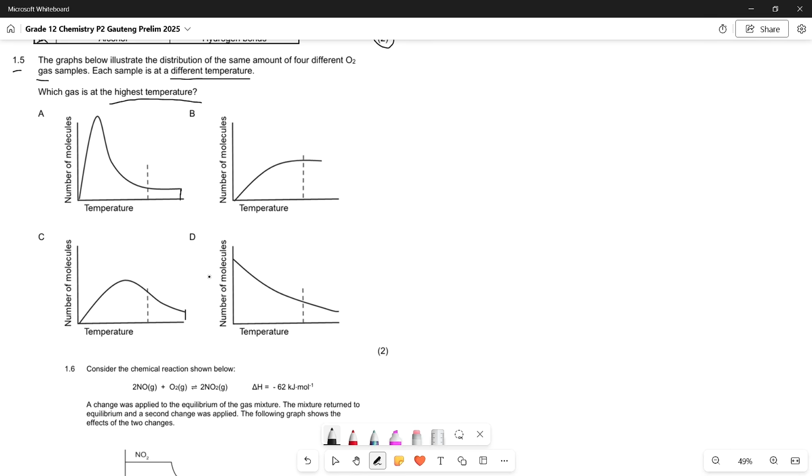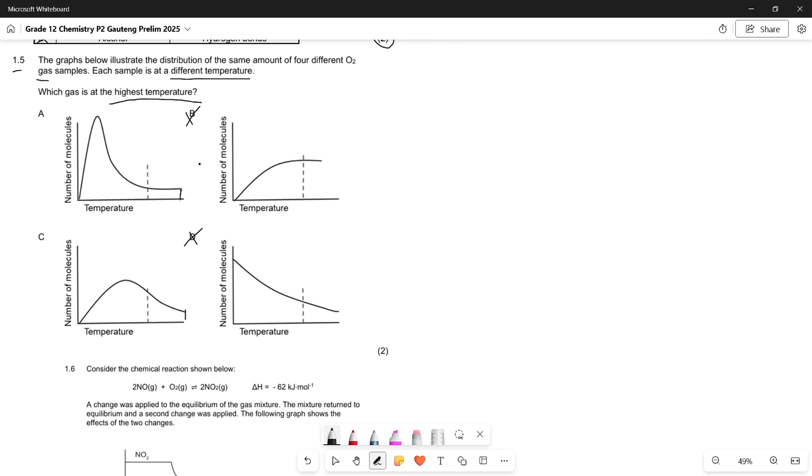So B and D are not our usual forms because this is usually relating to Maxwell-Boltzmann, which is a part of our rate of reaction section. So B and D are generally going to be out because what we have is something that peaks and then it starts to get lower as the temperature increases. So as we move more to the right for the temperature, it peaks at some stage and then it goes down. So C can also be true because C will also peak and then it will start to go down,